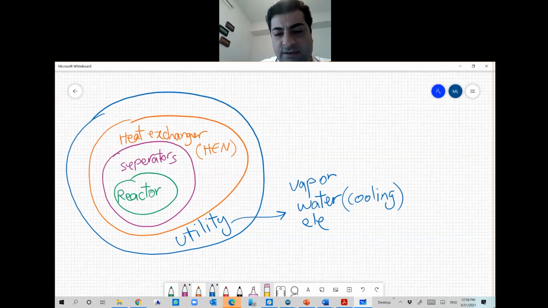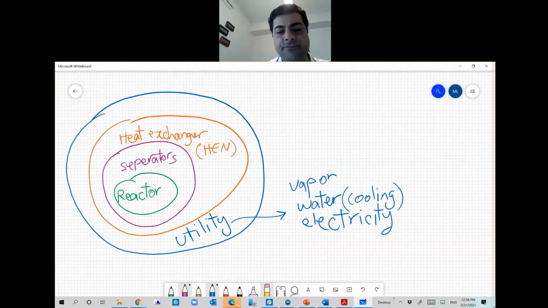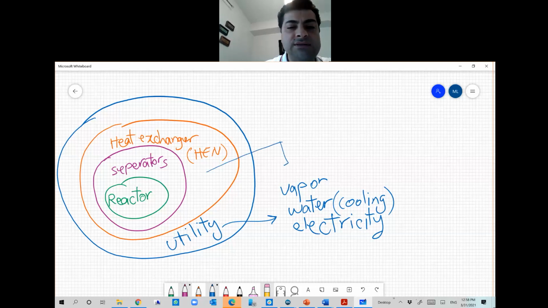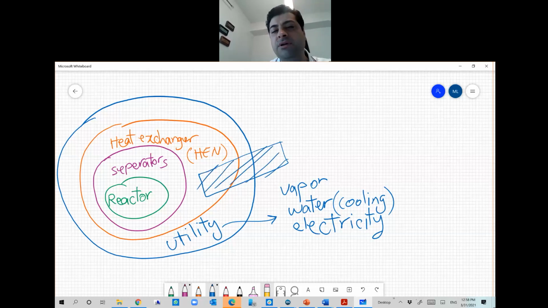Also, we are talking about electricity. So the discussion of today is mainly about this section, about design of heat exchangers and utilities. We are going to cover these two sections. Why are they important? Because in any process,